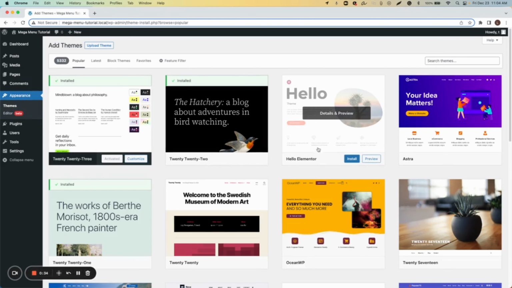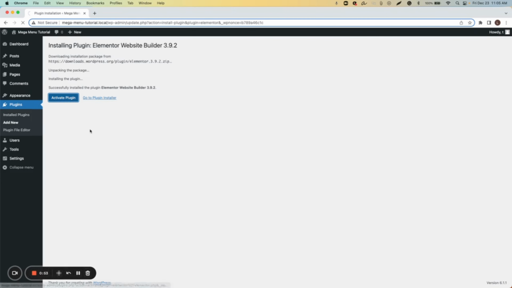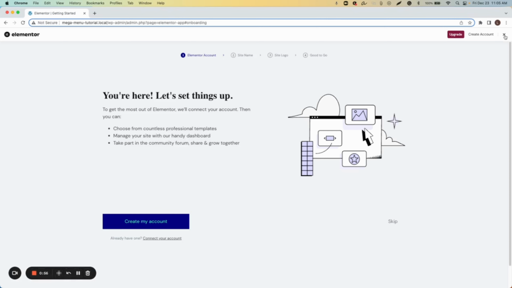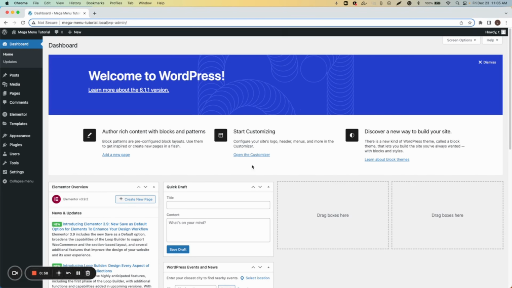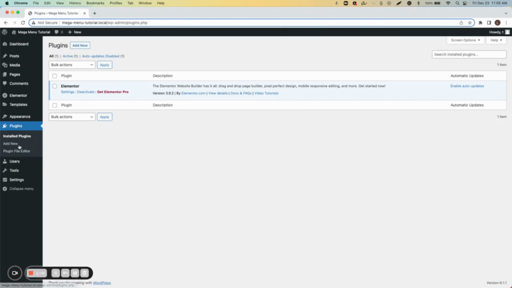For this tutorial, I'm using the Hello Theme by Elementor. This is a fast and very reliable theme. Now here it is asking me to install Elementor. I'm going to click Install. Activate. After I activate the plugin, now it's going to ask me to go Pro. If I go to Elementor, it asks me to upgrade. So I'm going to hit Plugins, and then I will hit Add New,